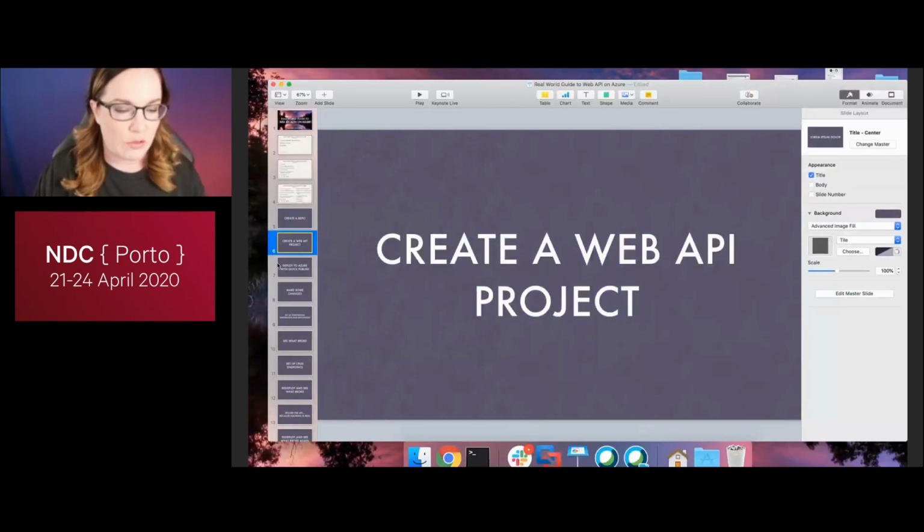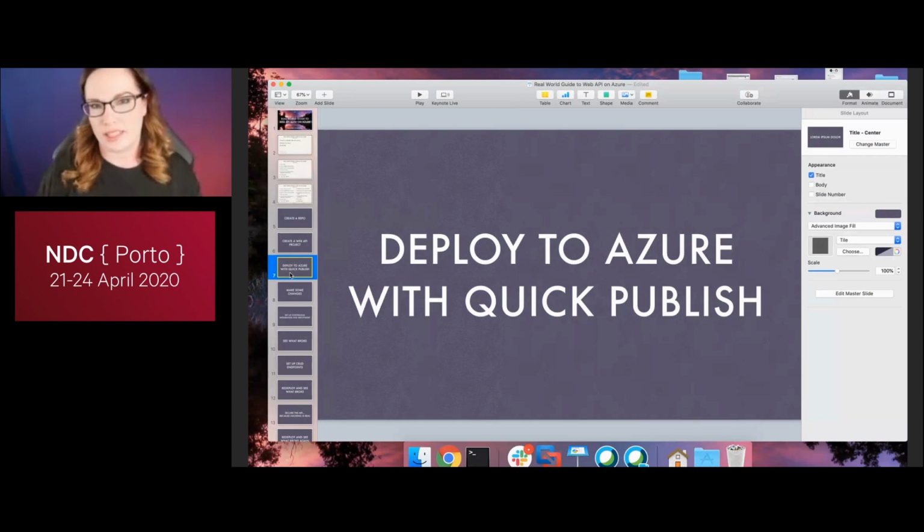So let's pretend that you've already deployed just the basic thing. You created a new API project. You did nothing, changed nothing. That's usually what I ask them to do next, is to push it directly. And then after you do that, you're going to make some changes. So inside of Azure,